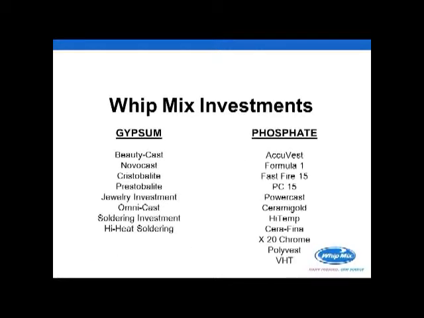Now, many people have asked us why there are so many Whitmix investments. You'll notice on the left, those are the gypsum investments that we produced, and on the right, those are the phosphates that we produce. And really the answer to that question, which is why are so many, is because Whitmix has been doing this for 93 years. And we've